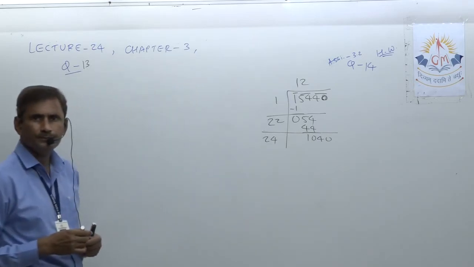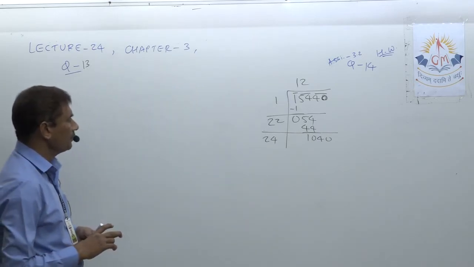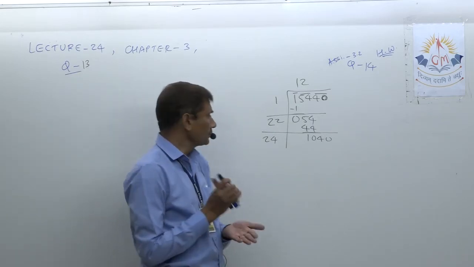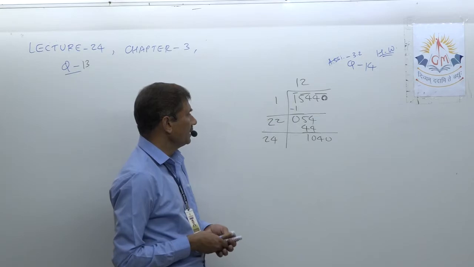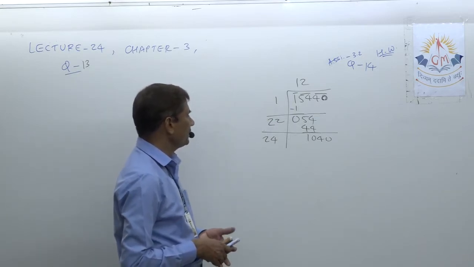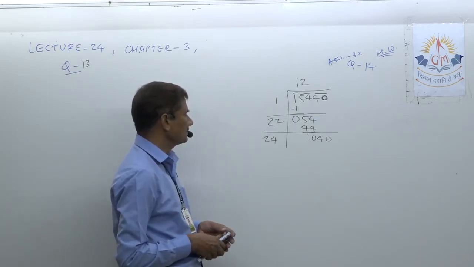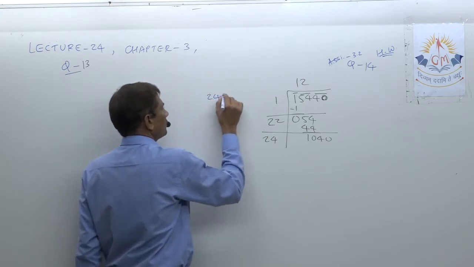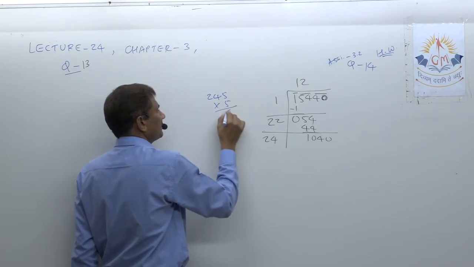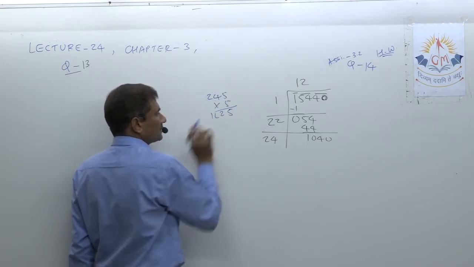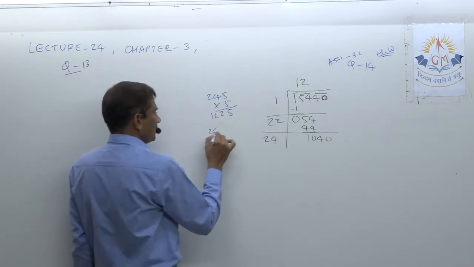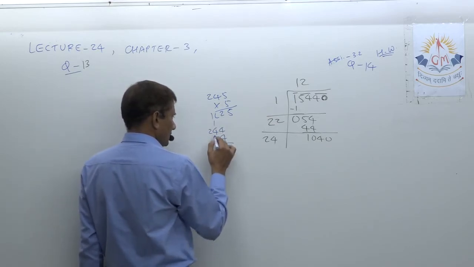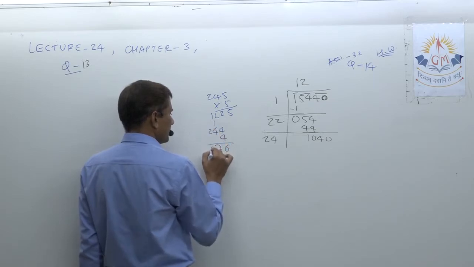Now again look, 241 into 1, 242 into 2, 243 into 3. Okay, so in the same way 245 into 5 will be quite long. 245 will be more. 245 into 5: 5 5s are 25, 2, 22, 2, 12. So it is quite more. So let's check 244 into 4. 4 4s are 16, again 16, 17, 4 2s are 8, 9.